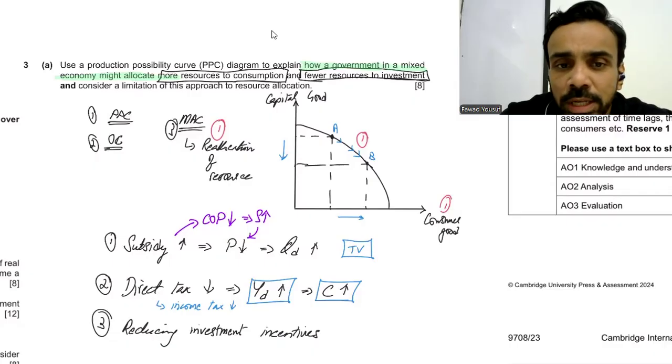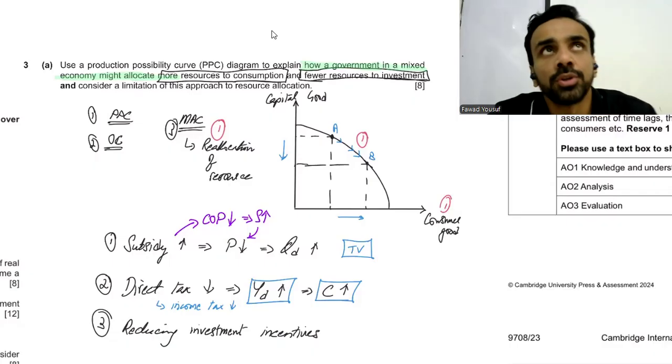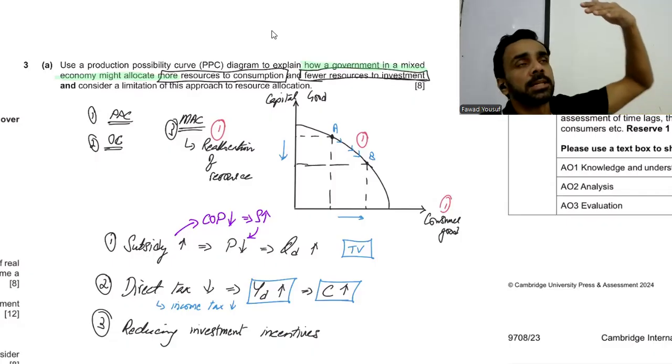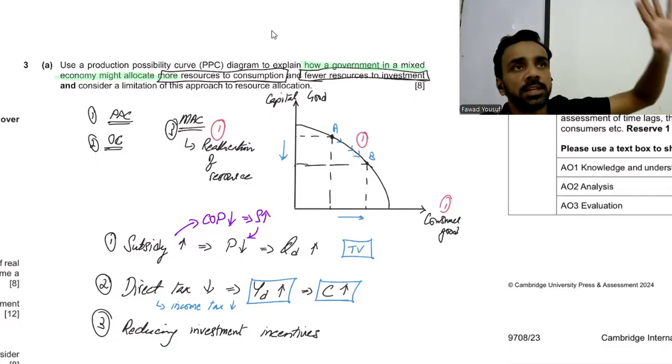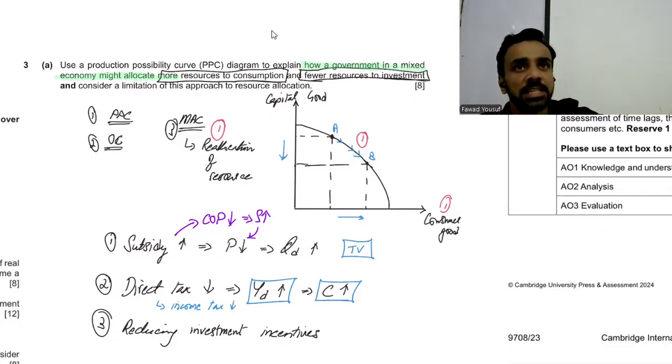So, concluding, your answer basically has the knowledge and understanding with the diagram. It has the analysis, which is usually a two-sided argument, but in this case it's more on how the government can do something, and limitation is how the government